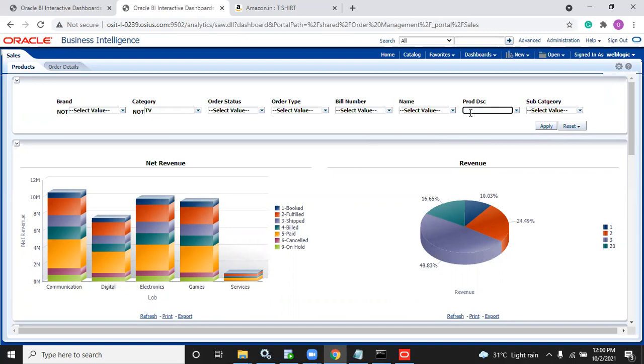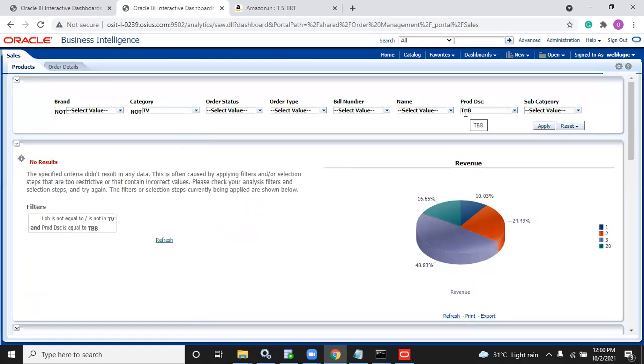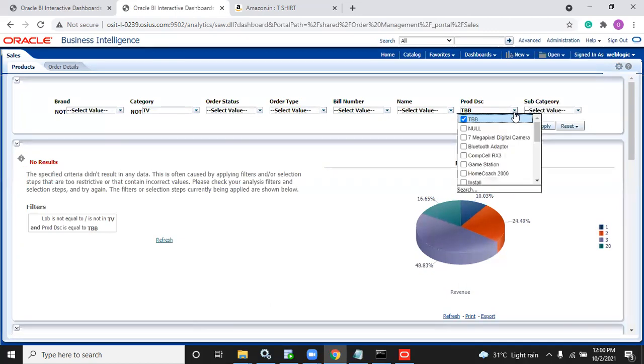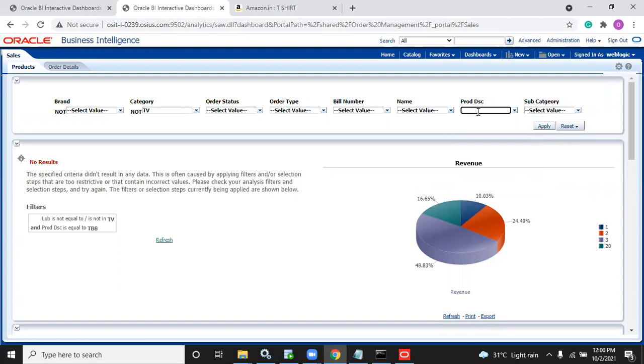I have written here, I want to pass it as like. It is passing as equal to. Okay. In these cases, why? Because people don't know the exact description, right? Example, here you have a description called adapter. Now we'll write the word adapter. It has to show all the products which have the word adapter, but it is passing as equal to.